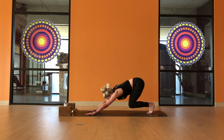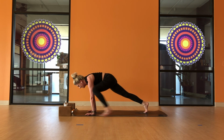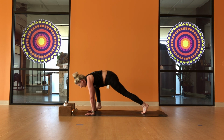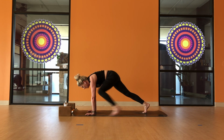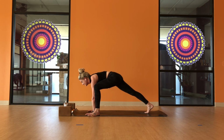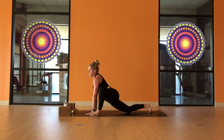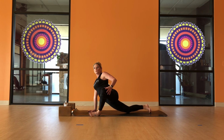bring it back up, bend your knees, push it back. Bring the right foot, bend it and push. Right foot up, and the left. One more time, right foot up, left foot up. Hold it here, let's find lizard pose. You can drop the back knee, open up the hip, roll out that hip if you like, and let's come